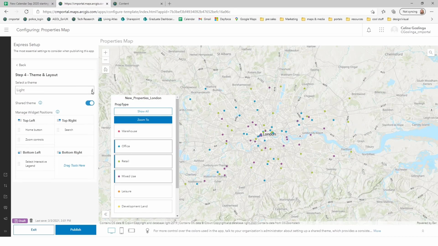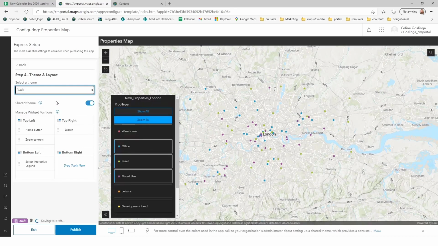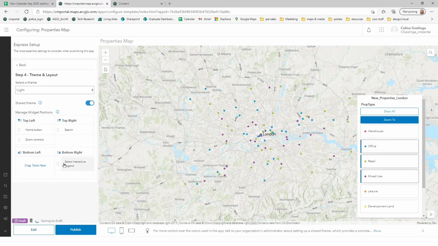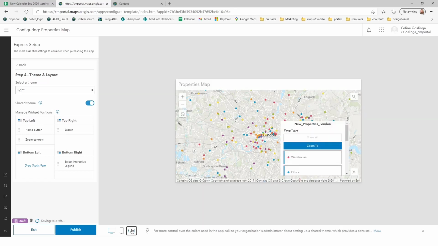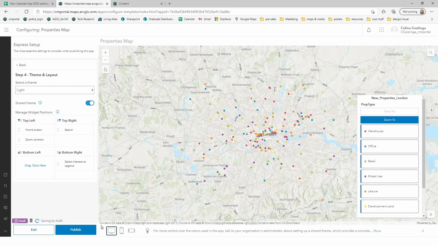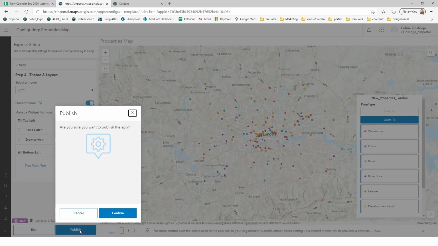And theme and layout allows, for example, to change this into a dark mode and shift your legend to a different corner of the map, if that were of interest. Now, if you're quite happy with that, what that finally looks like, you can test it on different devices, or on mobile, or on a desktop screen, and then publish that, confirm,